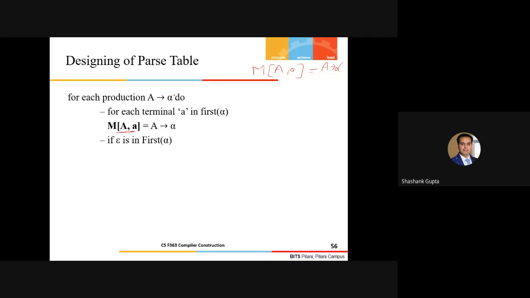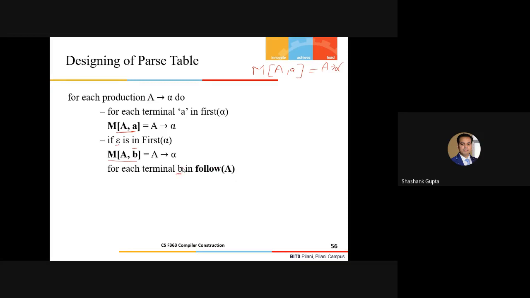So if epsilon is in first of alpha, we know that epsilon doesn't come in our input stream, which we are supposed to tokenize. So we know what exactly we are supposed to do. We'll do this corresponding to this symbol if and only if the follow of A is equal to this terminal symbol B. I mean, we are assuming that follow of A is B here.